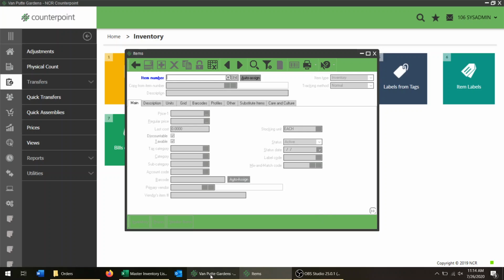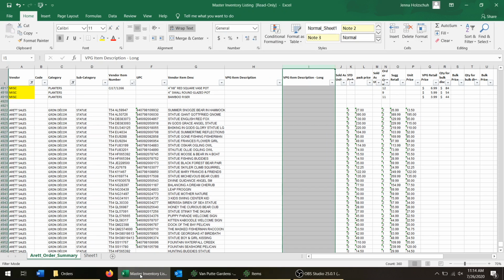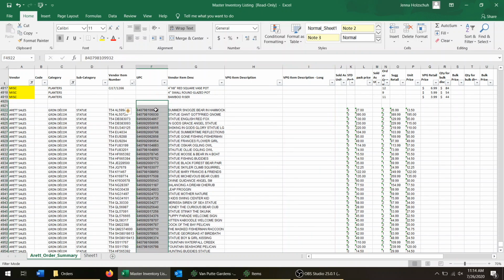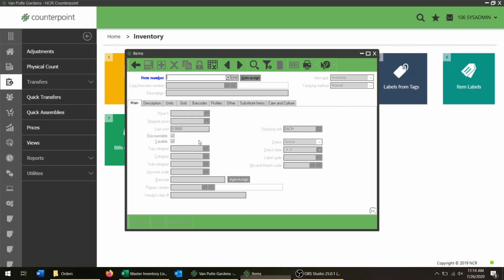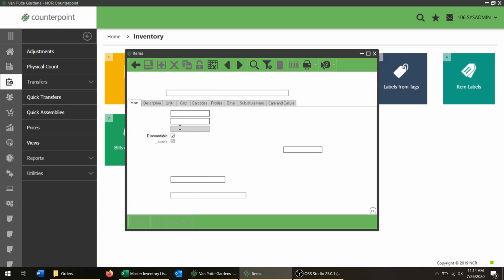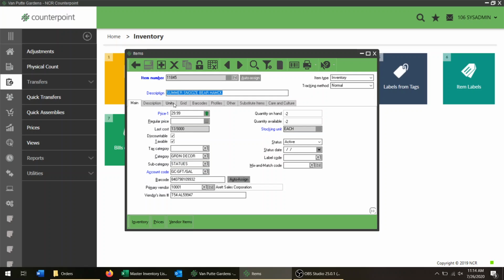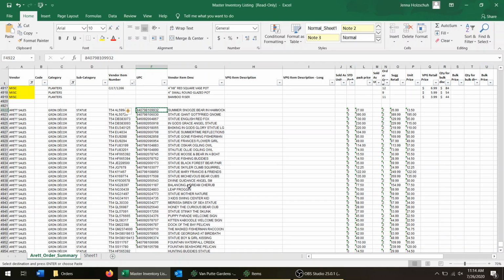I've got my master list here that I'm going to be entering stuff in. So this summer snooze bear and hammock, if I copied this and pasted that or scanned it, it would paste the UPC in there, and then hit enter. And if it's in the system, it finds the item like it just did, and here's all the data. If it's not in the system,